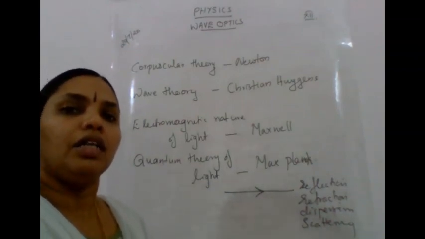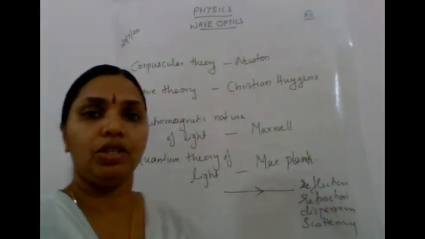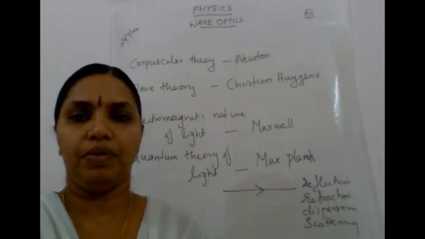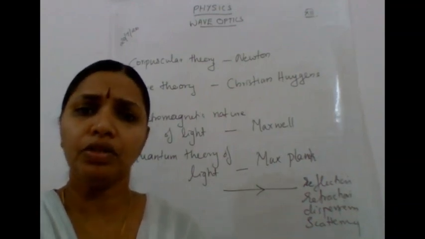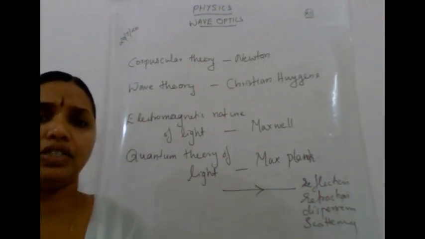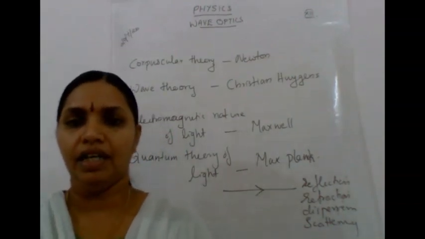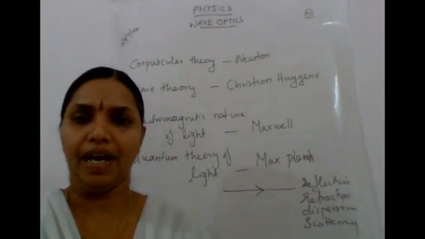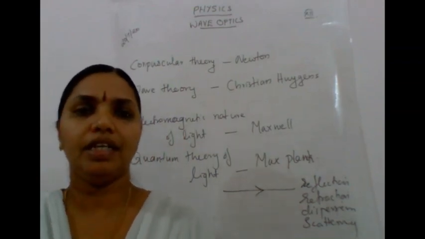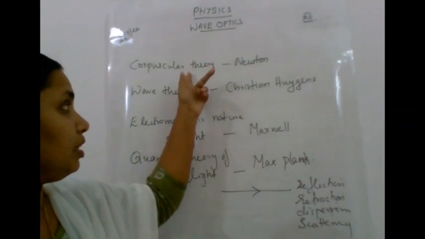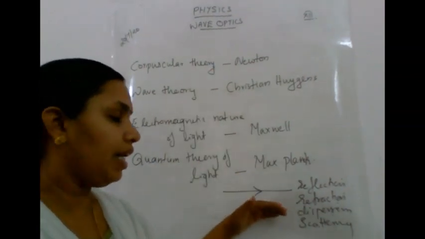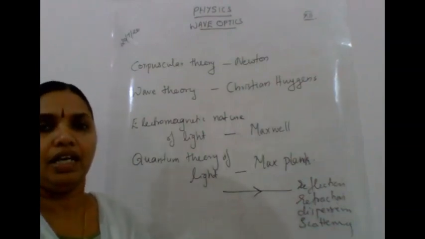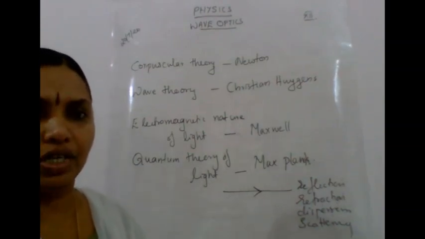Okay. Now we are moving to the next topic, that is wave optics. This is wave optics. Okay, so that is the theory, the nature of light, the theory of light. From the beginning, we can say that it is classified into many. The first theory was given by Newton, and that is the corpuscular theory, and our ray nature comes under this corpuscular theory of light. Like the straight path the light is traveling.